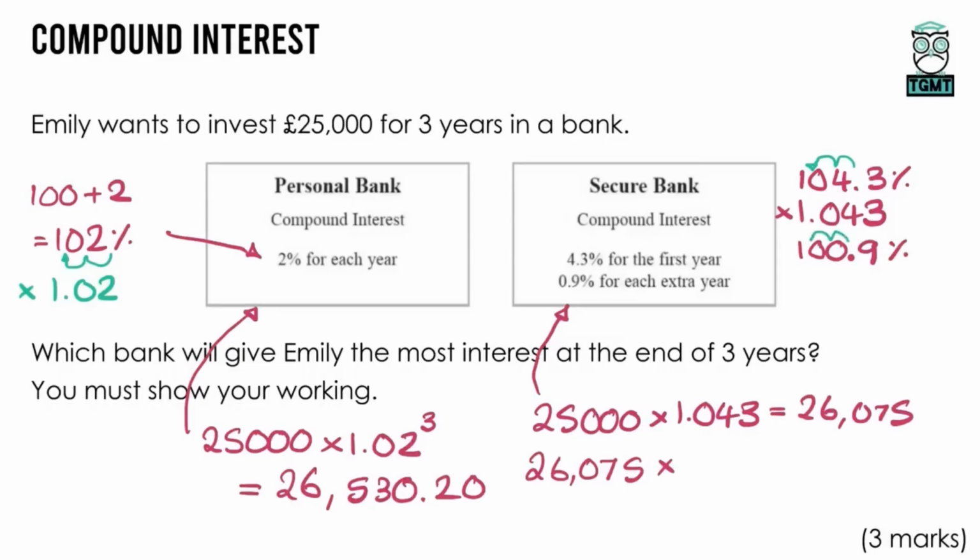Again, dividing that by 100, which is being really careful now, because we do get 1.009, and that's what we're going to have to multiply by. Now you've got two options again. You can multiply by 1.009, write it down and do it again, but I'm going to put a power of 2 with this one for the 2 additional years. So 26,075 times 1.009, and then that is to the power of 2, and that comes out as